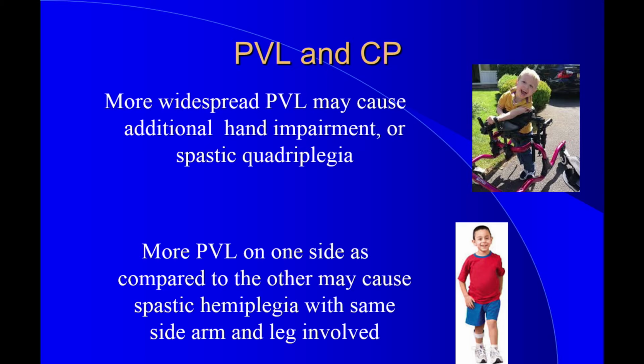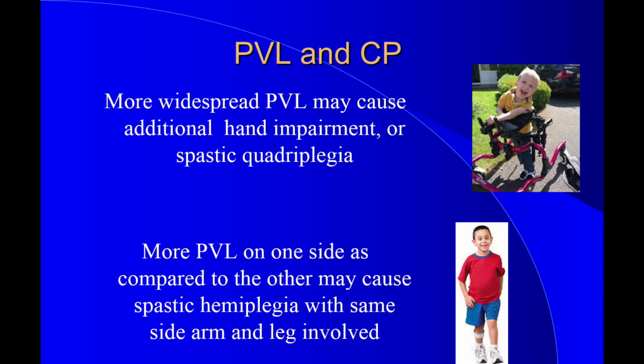If the periventricular leukomalacia is really broad, it's going to catch all of the fibers. So the hands will have a lot of impairment also, as will even the voice, the articulation and the posture. So PVL is also the most common underlying brain abnormality for people with arm and leg involvement, quadriplegia, four pieces. And the PVL can be very asymmetric. There can be a whole load of PVL on the left side, and by chance, the right side of the brain doesn't have as much. So that person would have more of a hemiplegic pattern.